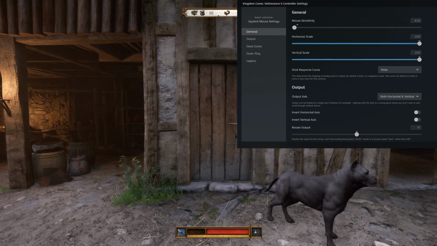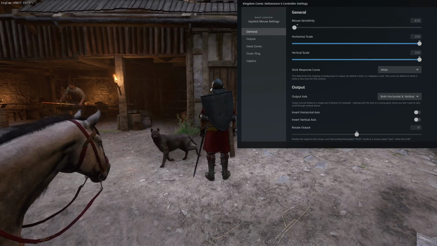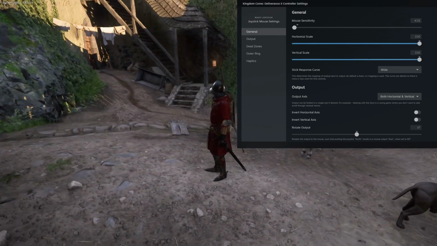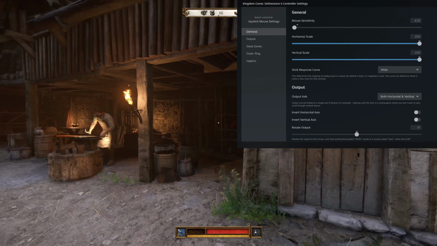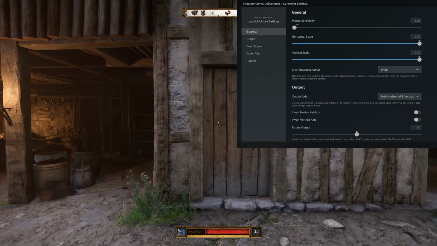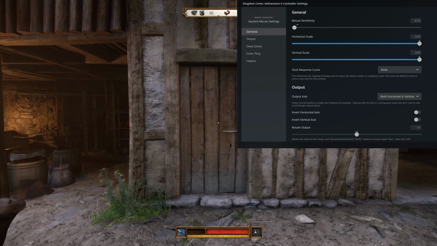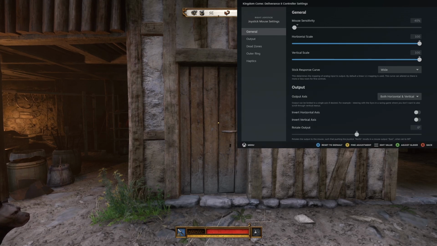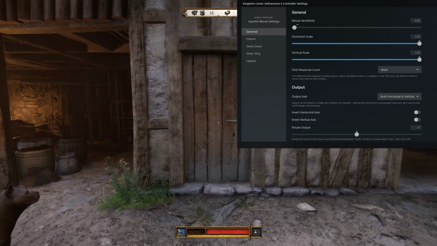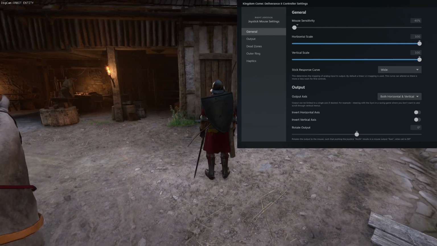So here I'll align with the door again. I'll bring my camera the same way. And then I'll rotate around. And this time I'm a little closer to the door, so we're not as off as I was before. So I think that 40% has been working well for me. There is still a little bit of drift,